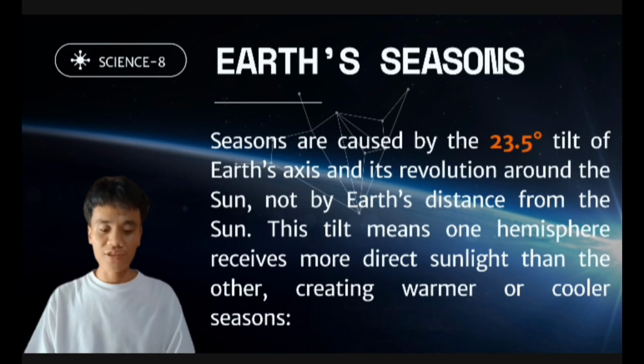Lastly is the Earth's seasons. Seasons are caused by the 23.5 degrees tilt of the Earth's axis and its revolution around the Sun, not by Earth's distance from the Sun. This tilt means one hemisphere receives more direct sunlight than the other, creating warmer or cooler seasons. So first,